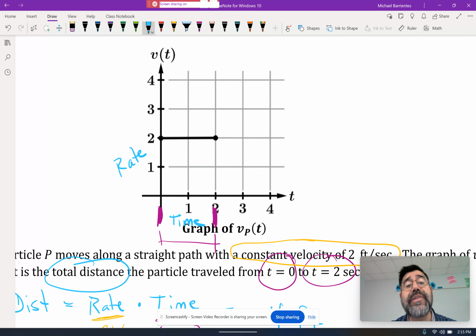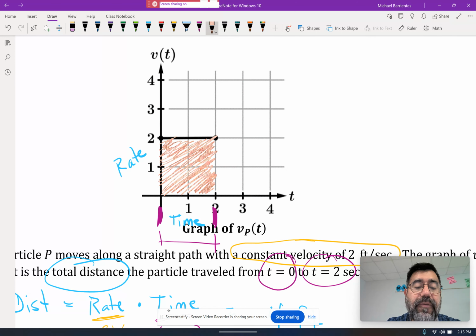And that's producing my total distance. But if I multiply this length times this length, well, then we really found the area here. And so this area under the curve, which is really a horizontal line,